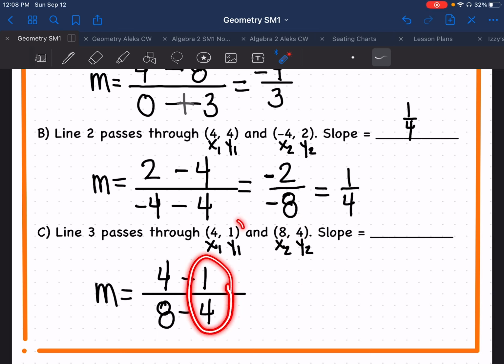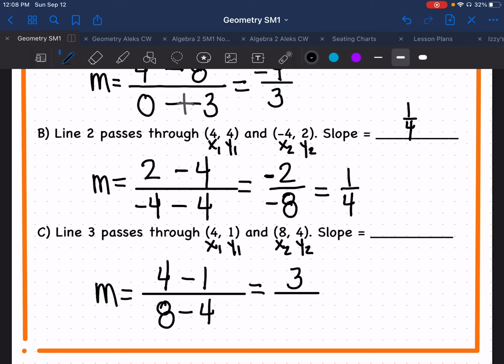Likewise, right here, I'm going to take this point and write it as a fraction y over x every single time. That's another way that you can think of doing the slope. 4 minus 1 is, of course, 3. 8 minus 4 is 4. And so 3 divided by 4 would stay the fraction 3